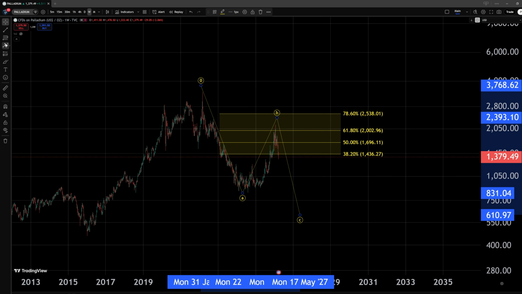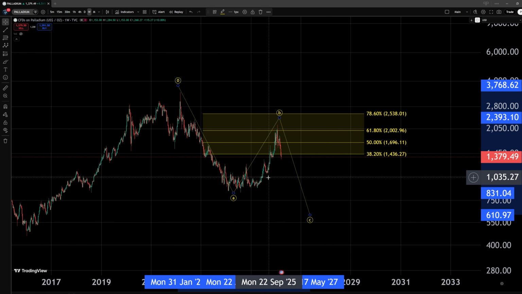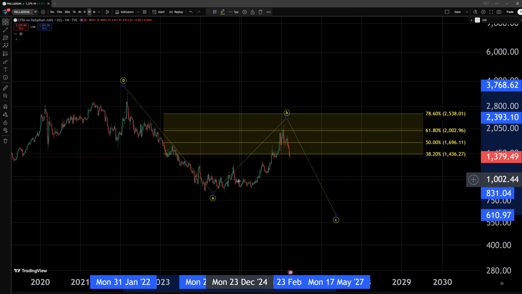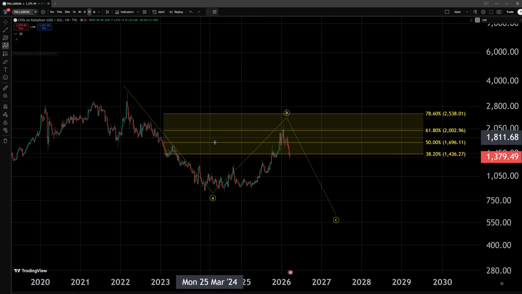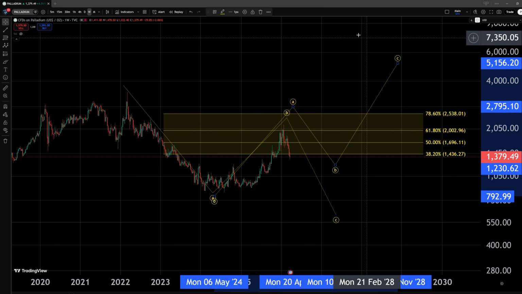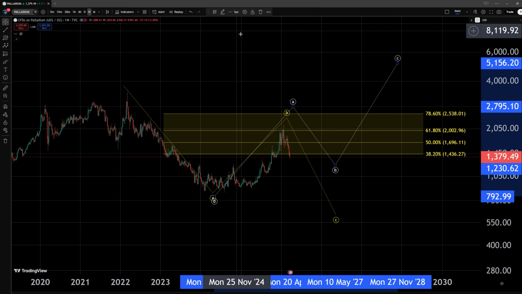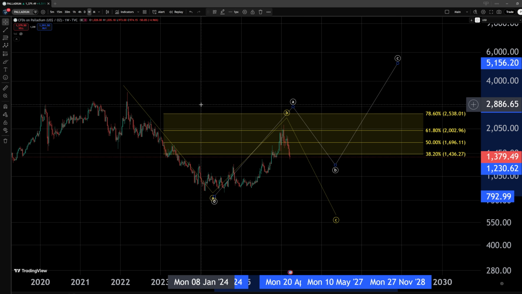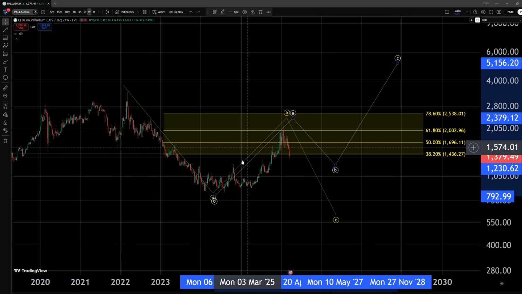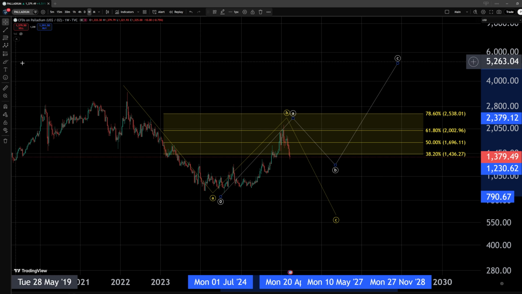And then in white, we will be tracking internally even a potential leading diagonal. So in this structure, once again, we are looking for a larger A, B, C pattern to be building within a wave 5 in any of these scenarios really. In this wave A, we could be building only a 3-wave pattern to the upside,